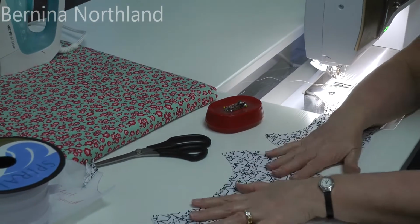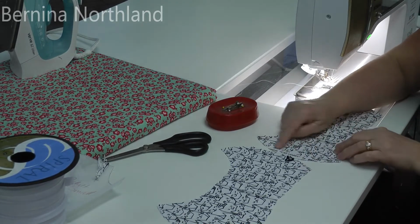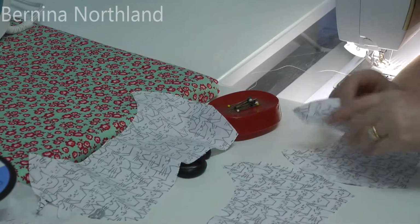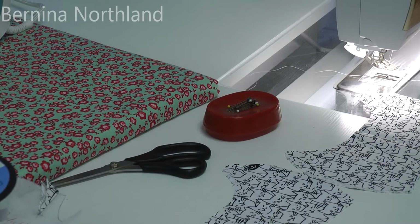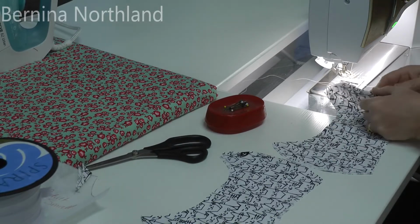here's a second mask. Now I'm going to very carefully select what is a piece with my selvage on it and make sure that I've got a complete piece alongside. So I'm just trading those over so I've got an easy way of finding a right side and wrong side as I proceed. Now the sewing,